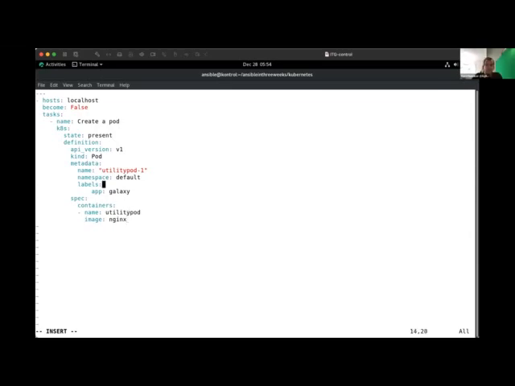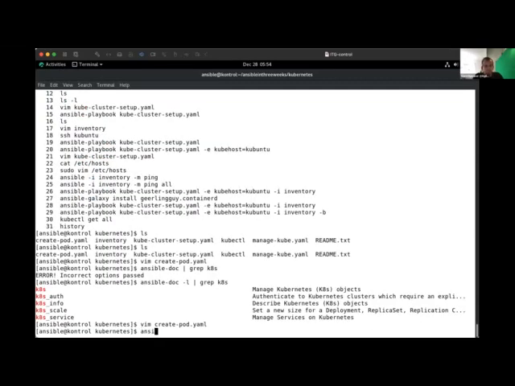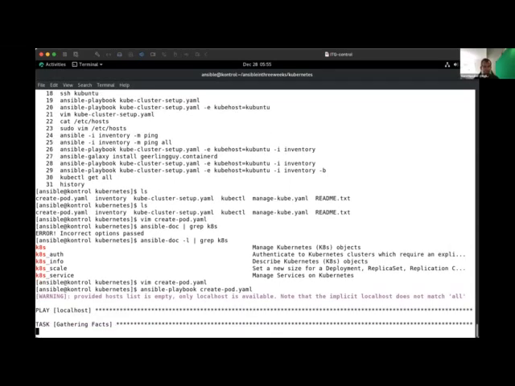And name utility-pod-1, let's just call that our first pod, whatever. Labels app: galaxy. I don't want to do that. This should be doing it. And let's just run it. ansible-playbook create-pod.yaml. Now the thing with this playbook, this Kubernetes module, is that the Kubernetes module by